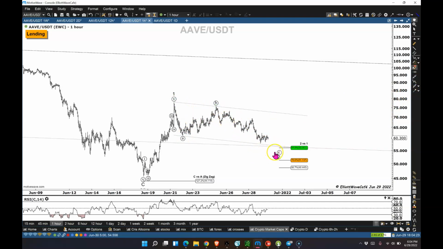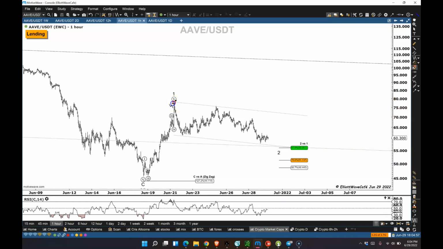Now you can notice in here the C wave is also quite corrective in its nature, right? Usually C waves are motive waves, and that means they have to have a 5-wave sequence, and I have a bunch of overlaps in here which I don't really like. So maybe my next thought would be that either the C wave is not over and it's still going to end up selling lower for a little bit longer, or this is some kind of a complex